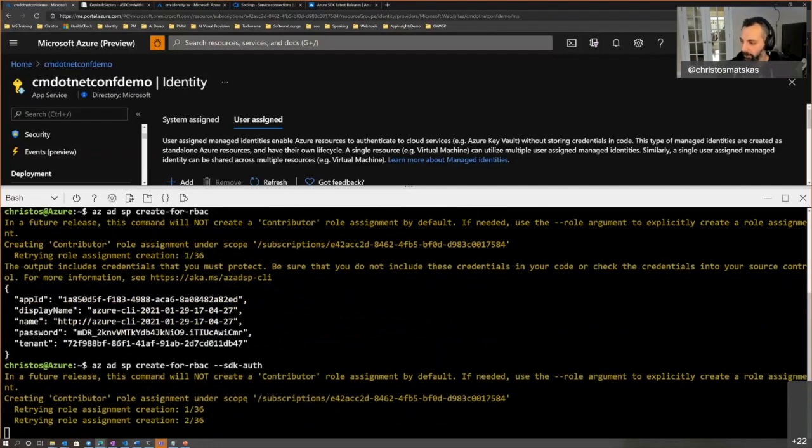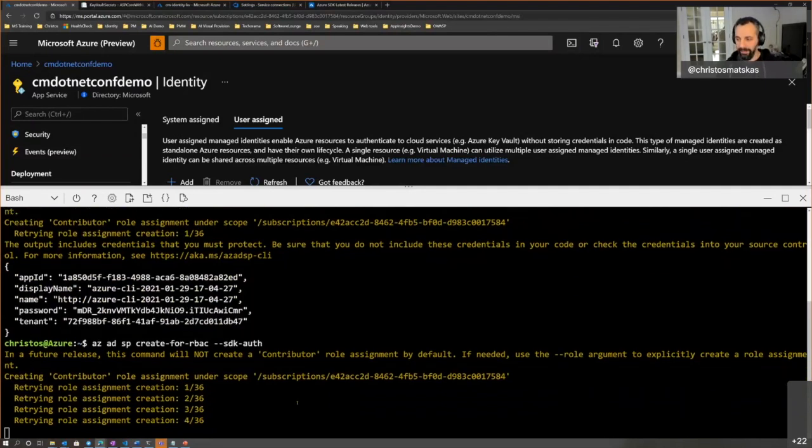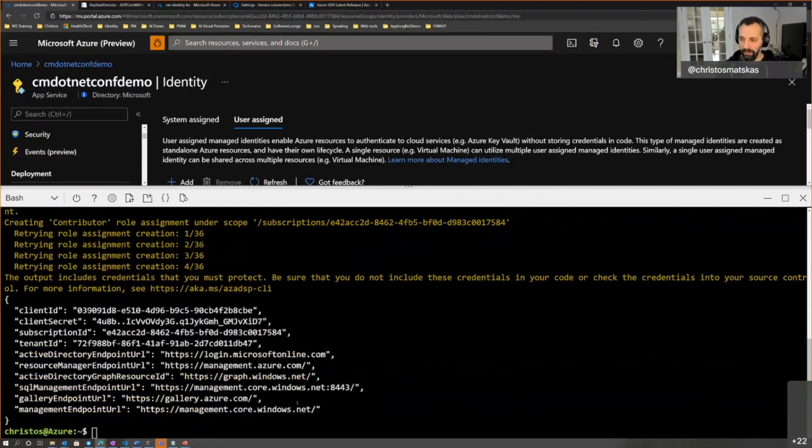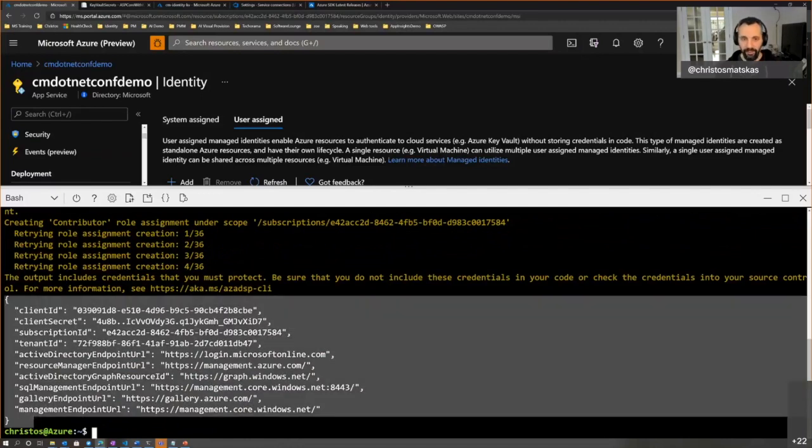Again, it will be a full contributor to my whole subscription, which is not best practice. You can define exactly which scope you want to give it. Eventually we'll come back. Any questions with regards to managed identities? There's a lot more information here now, right? So your client secret, client ID. In GitHub, I would grab this whole thing and add it as my Azure credentials.